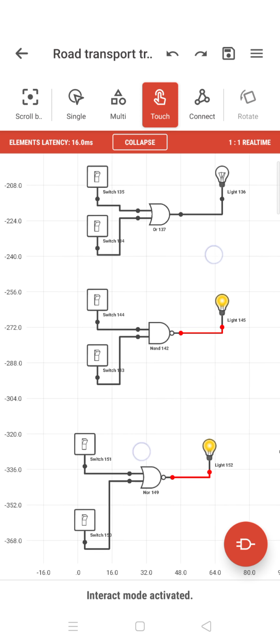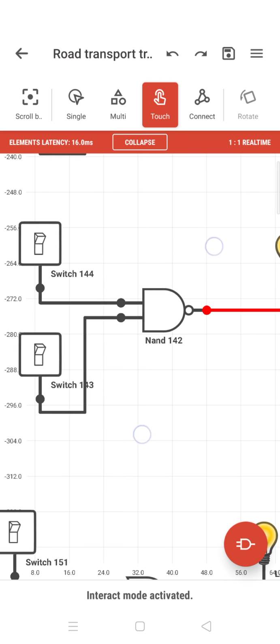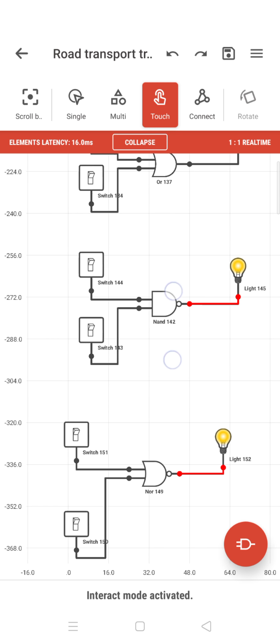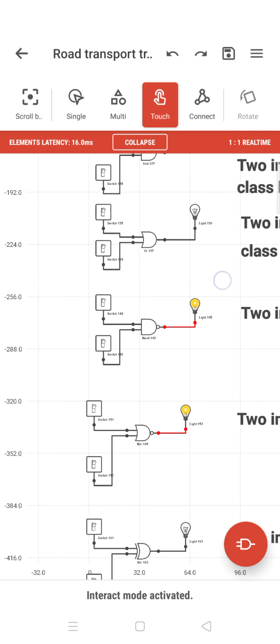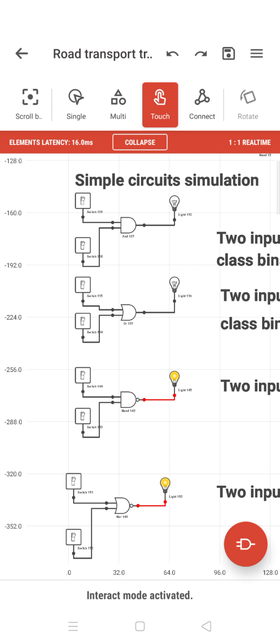Okay, similarly you have this. This is a NAND circuit, not AND. So it is the opposite of this AND circuit. Okay, this is just the opposite. When both the things are off, 0-0, then you get a 1 outside. If both the things are on, then you get a 0 outside.